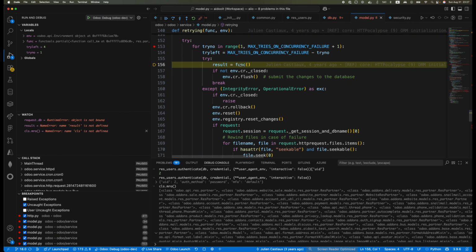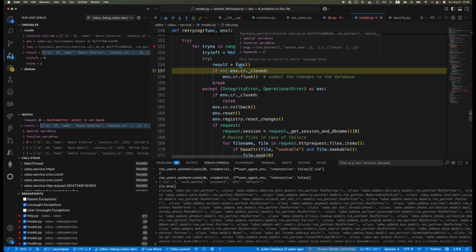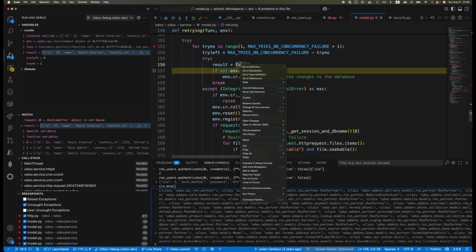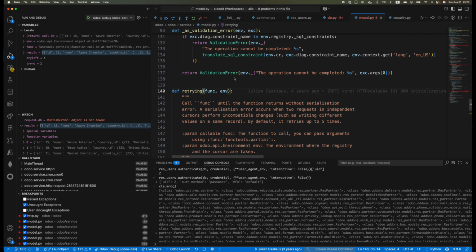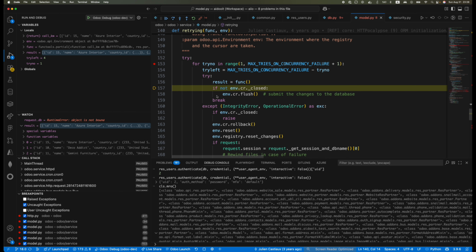Yes, result. Okay, so we missed that part here, but basically the important part was there, because now we have already the result. So if we can go inside this method, this function,